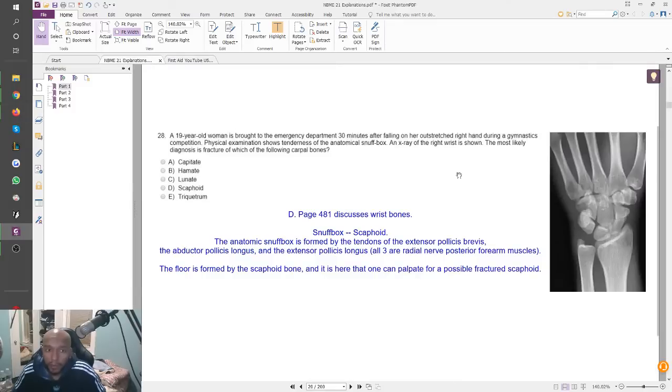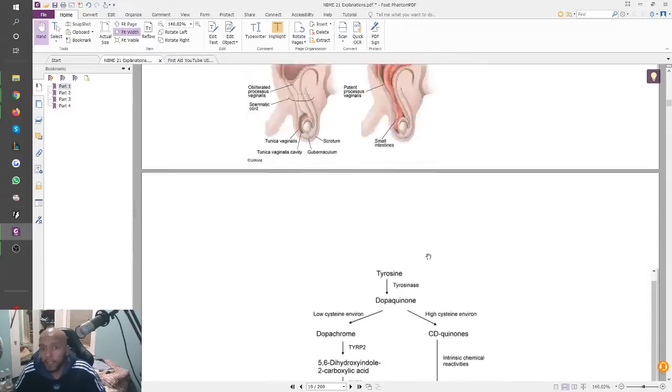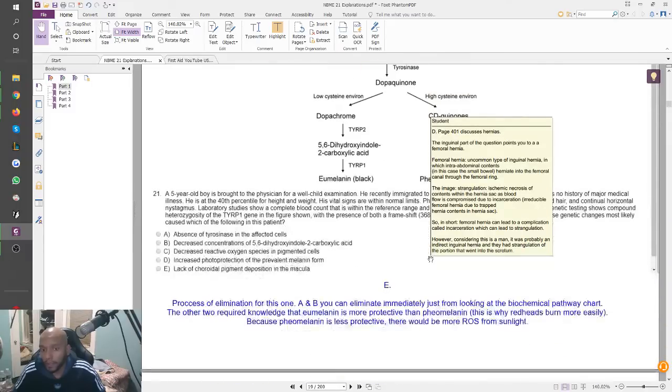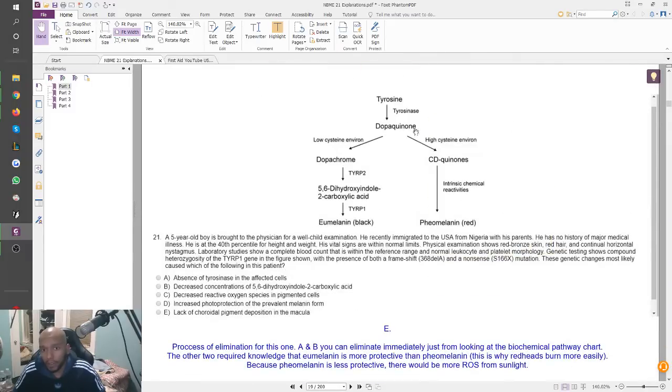You definitely don't want to get more than 2 to 3 wrong per section, like you want to be happy with your score. You don't want to get more than 2 to 3 wrong per block. And as far as I'm seeing right here, I wouldn't have gotten any of these wrong so far. There's just no reason to. I would get all of these correct because all these questions have been pretty straightforward. Even this question, which is bullshitty because it's not really something straight out of First Aid, I was able to